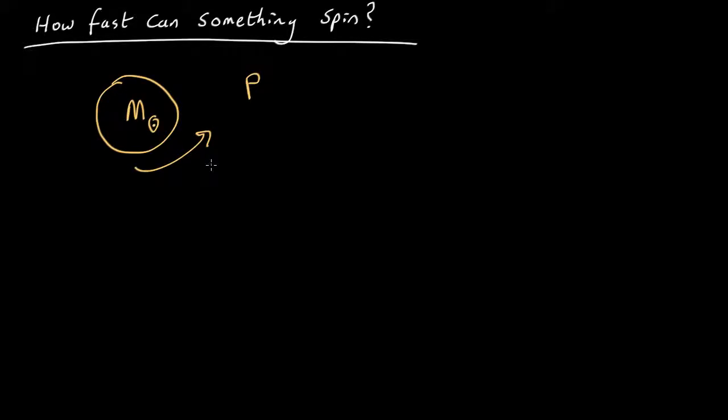Now if we look at something on the surface, so here it's spinning round, something on the surface, the question is, can it stay on the surface or will it get flung off to space by the rotation? Now this object is going to have a downward gravitational force, and there is going to be an upward normal force from the surface. And it's moving in a circle